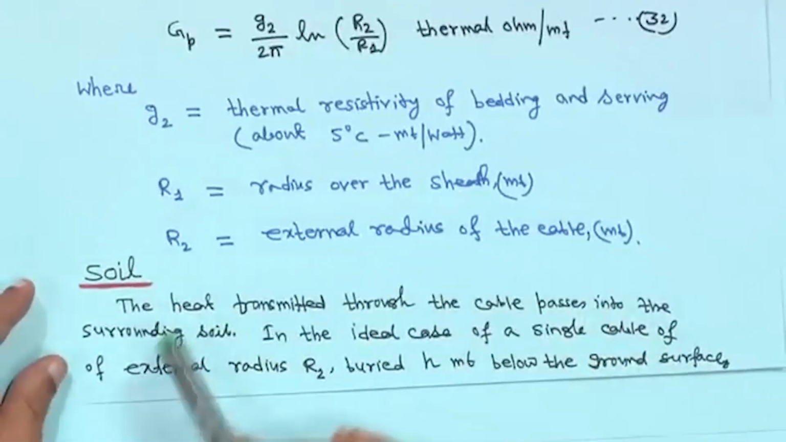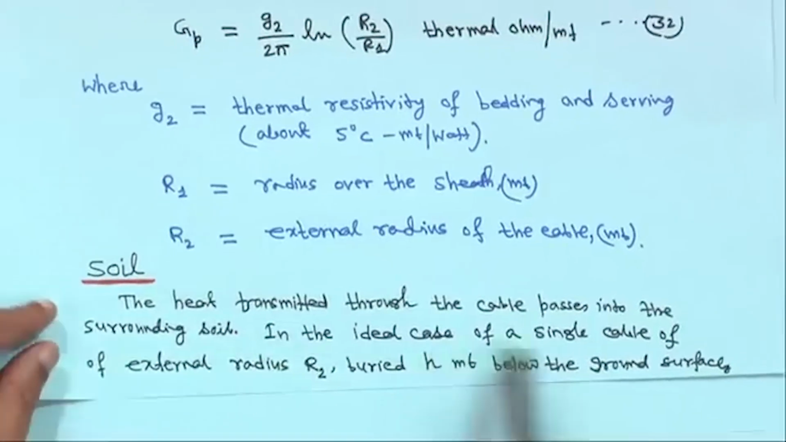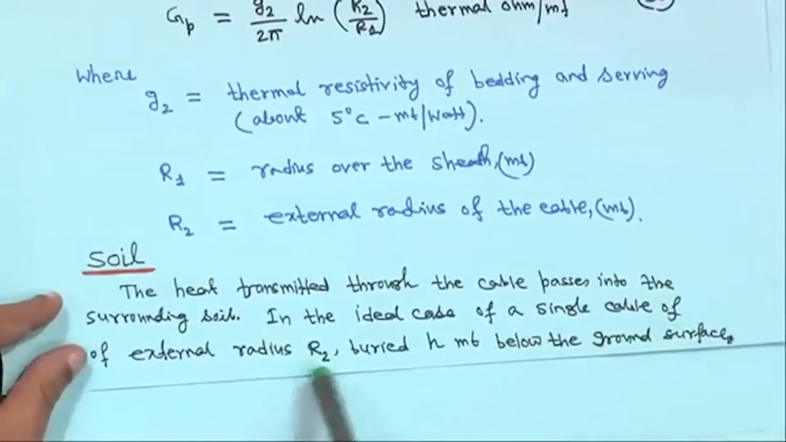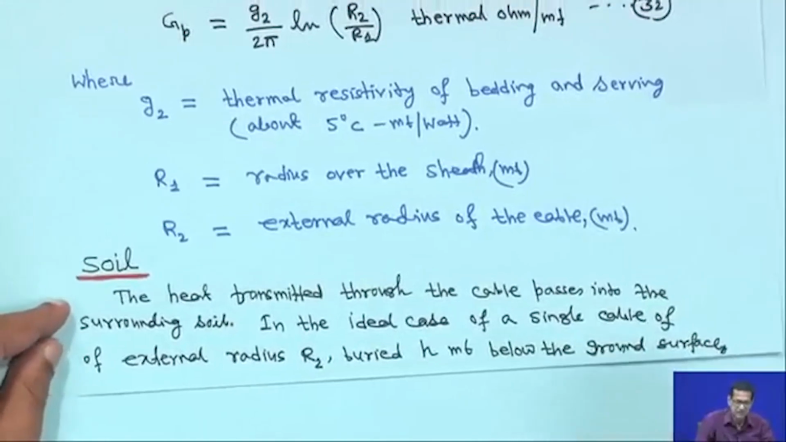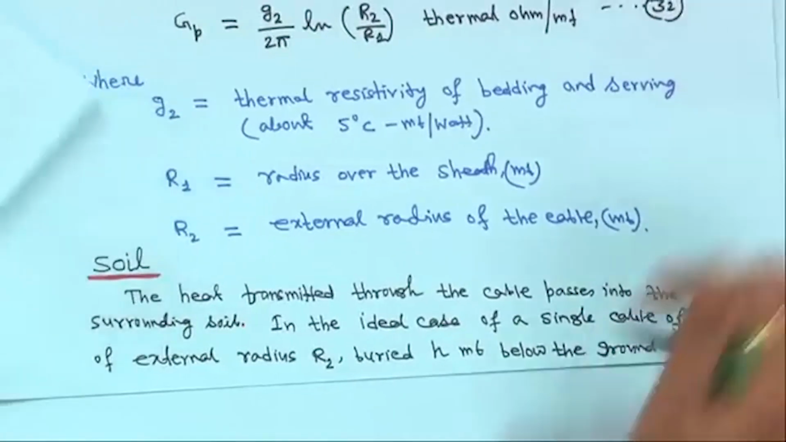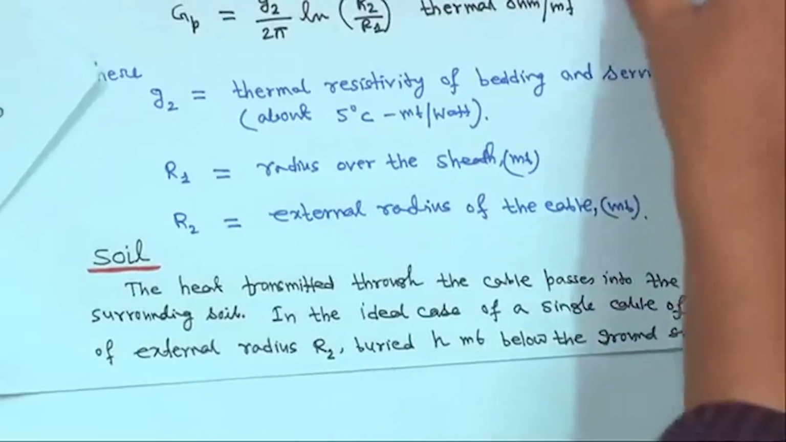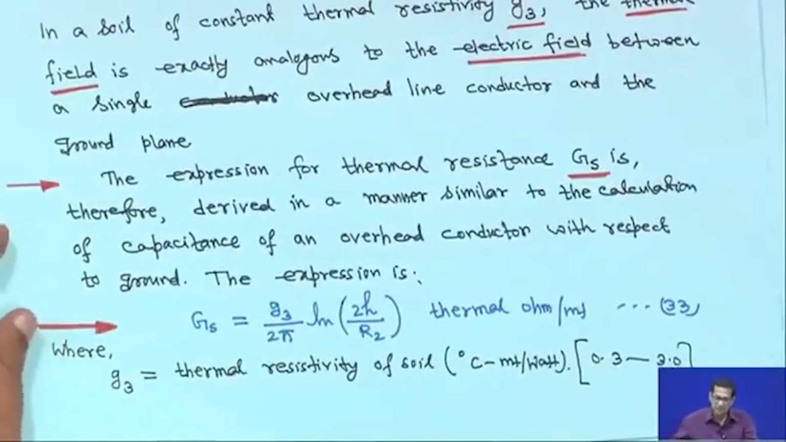Next one will be the soil. The heat transmitted through the cable passes into the surrounding soil. This is understandable, because the cable is buried, and the heat transmitted to the cable passes into the surrounding soil. In the ideal case of a single cable of external radius R2 buried h meter below the ground surface, you might have seen cable laying in the ground, with cable radius R2 buried h meter below the ground surface in a soil of constant thermal resistivity